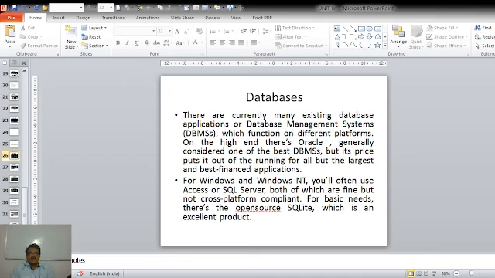There are currently many existing database applications or database management systems, which we generally call DBMS, which function on different platforms. For example, on the high end there is a DBMS called Oracle, generally considered one of the best DBMS, but its price puts it out of the running for all but the largest and best financed applications. Since we cannot use Oracle for each and every web application because of its huge